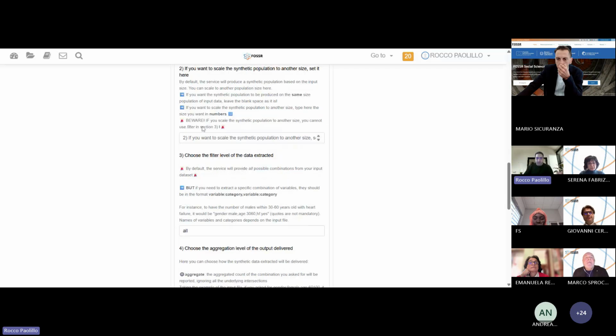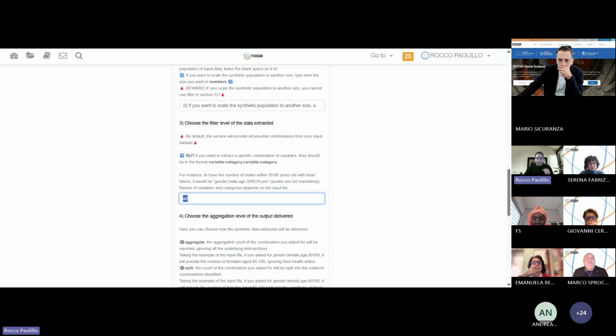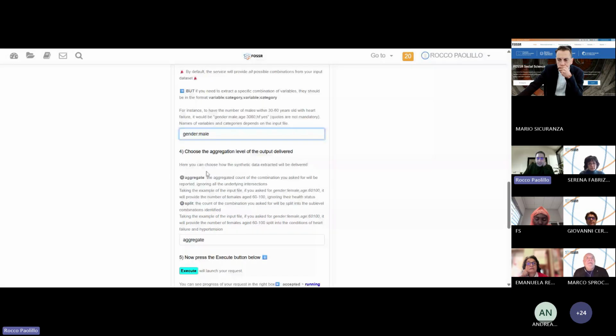Second step, it's possible to rescale the population, the synthetic data extracted, to different sizes. I would say we can skip this, and maybe we can choose a filter. Imagine I want only information on gender, the case of males. This is just an example. So I will select the information about people who belong to the category male, and I can select to